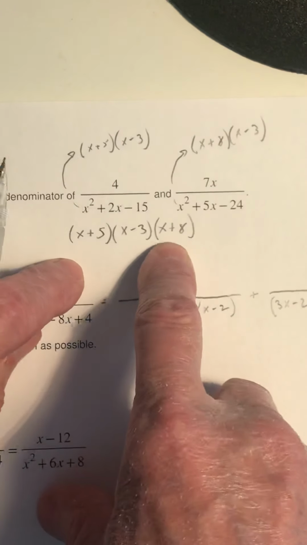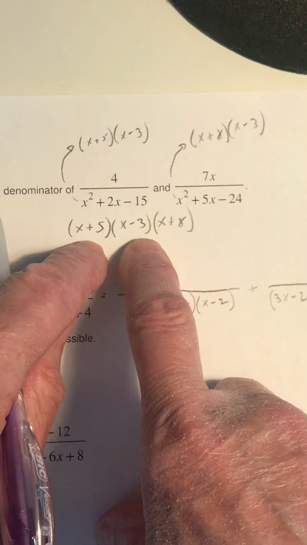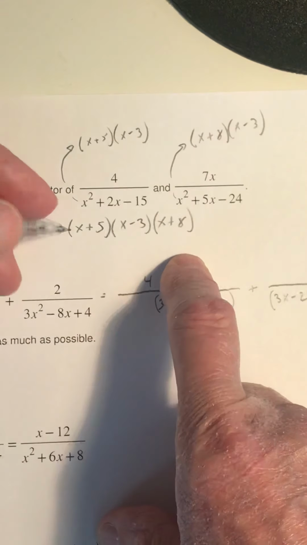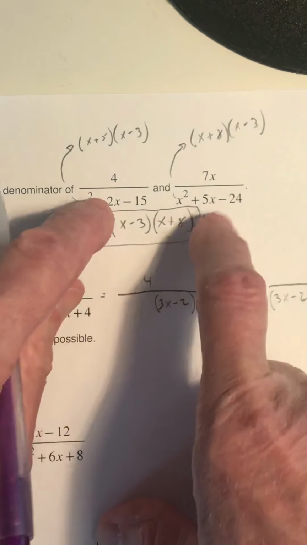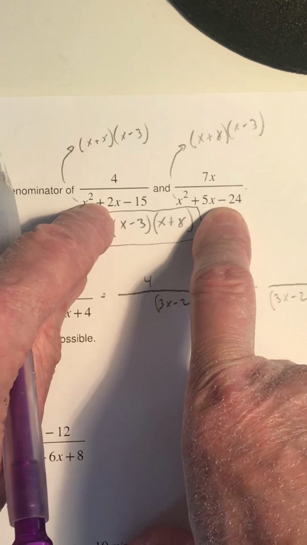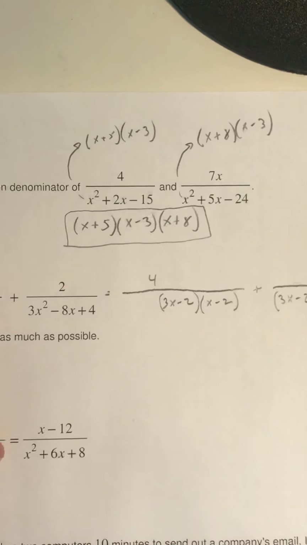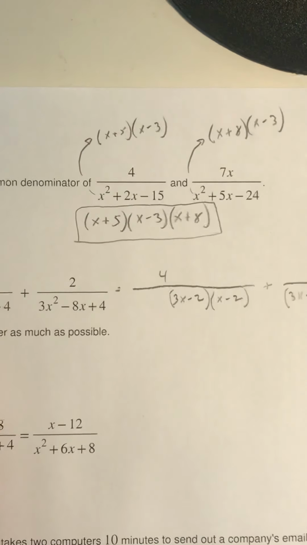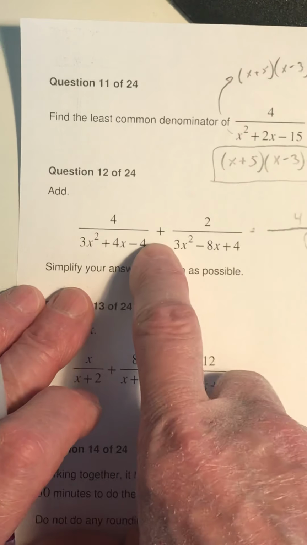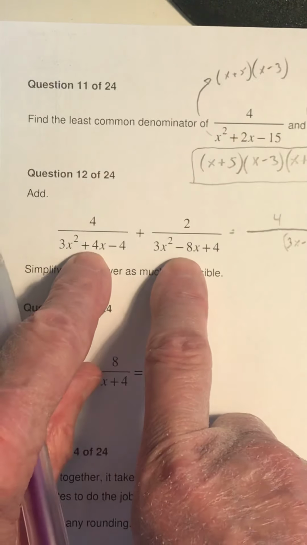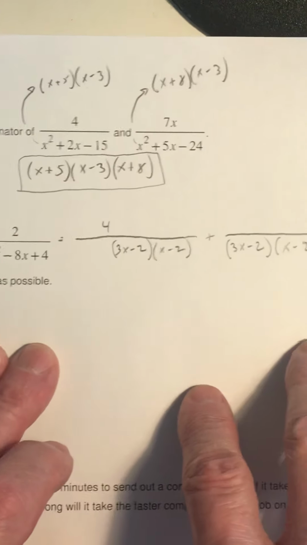Notice we don't need the x minus 3 twice, because if you use that combination, that's going to not only make it a common denominator, but it's going to make it as small as possible. Now, here comes that same objective right here. Before we can add these, we need to get these to be the same. And the strategy for that is first